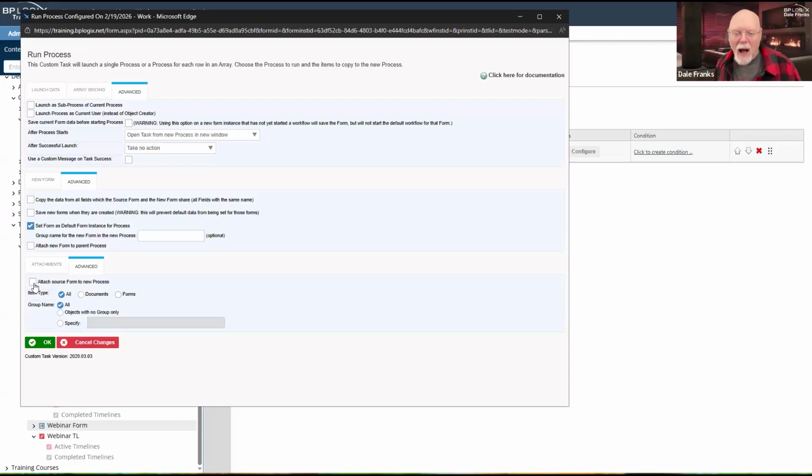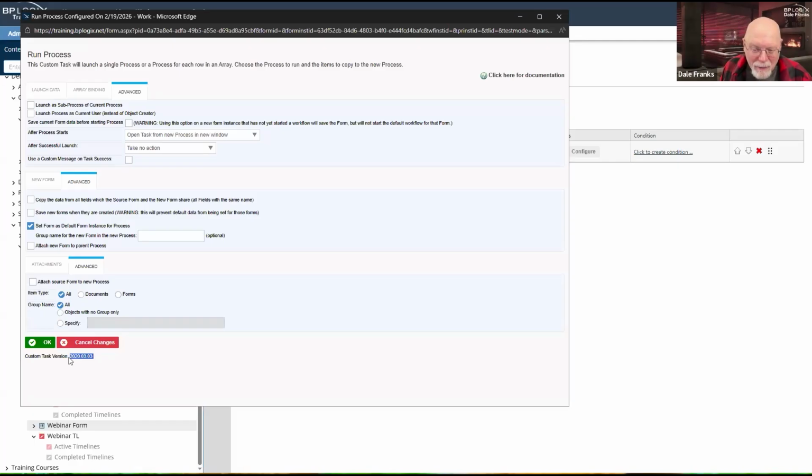I am pretty sure that this checkbox here used to be up here, right by attach new form to parent process. I'm pretty sure those two used to go together, but this says custom task version 2020-0303.